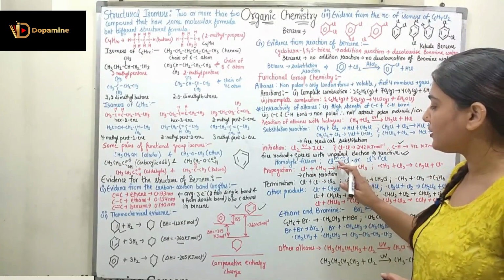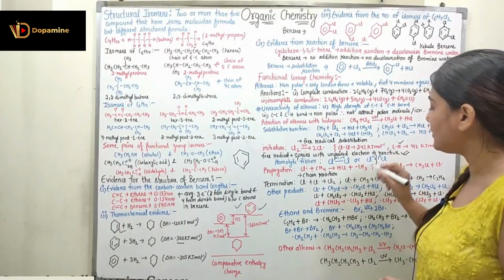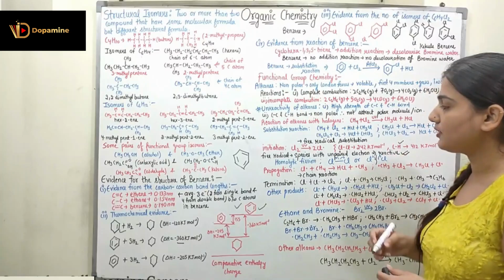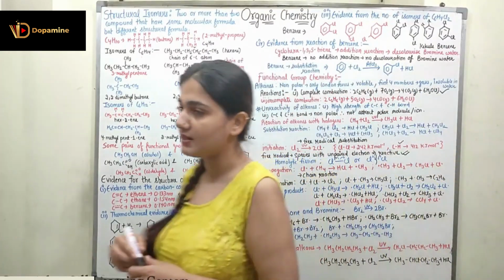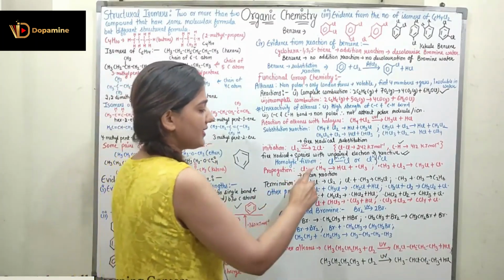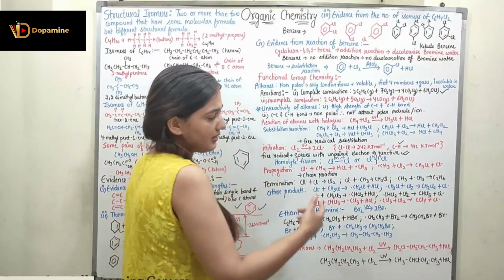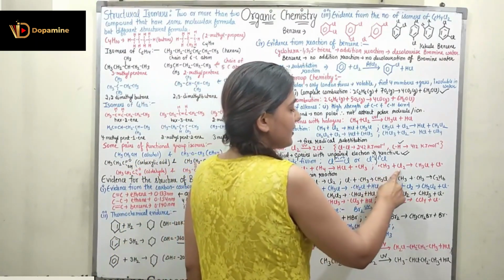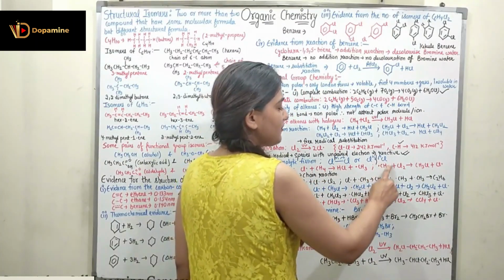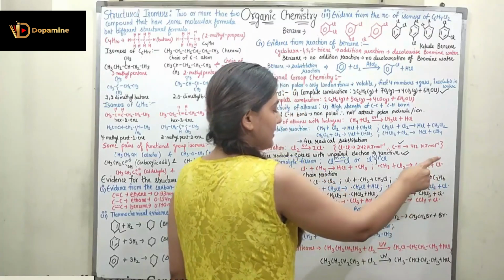If I have a chlorine-chlorine molecule, it has two shared electrons and undergoes homolytic fission, in which one electron goes to one chlorine and the other electron goes to the other chlorine. Now I have a chlorine free radical which reacts with CH4 to produce HCl and a CH3 free radical. This CH3 free radical is very highly reactive, and it can react with Cl2 to form CH3Cl. Again a Cl radical is formed.